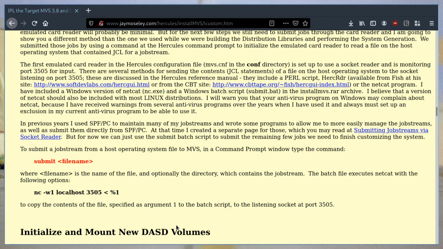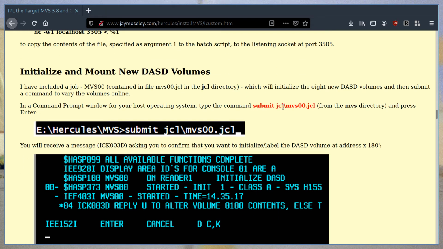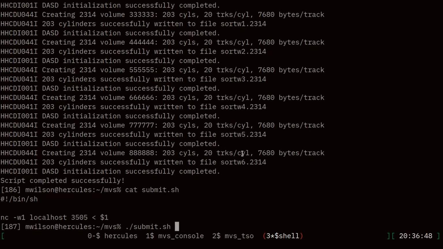And if we look back at the instructions, the first script we're going to submit is our MVS00.jcl. This will initialize those volumes and then submit a command to vary the volumes online and mount them. Again, this is a Windows-oriented syntax. We're going to say submit.sh jcl/MVS00. So let's go over to our console and complete that command, jcl